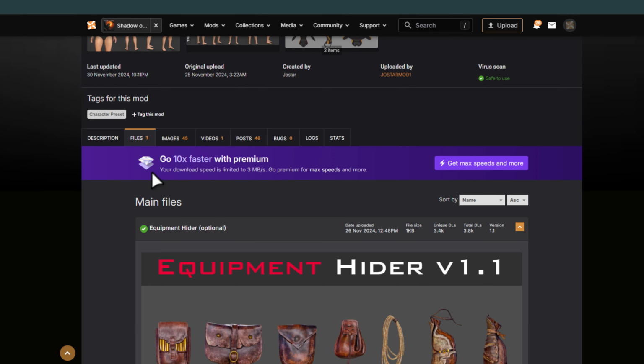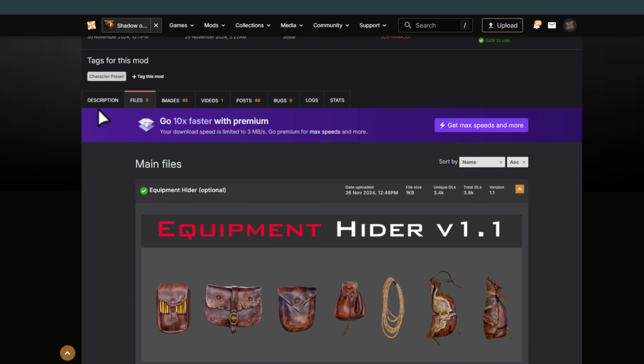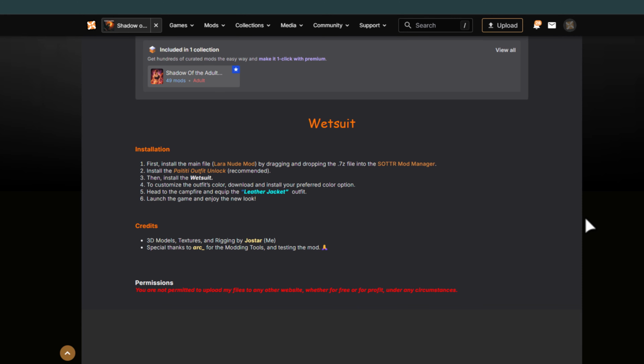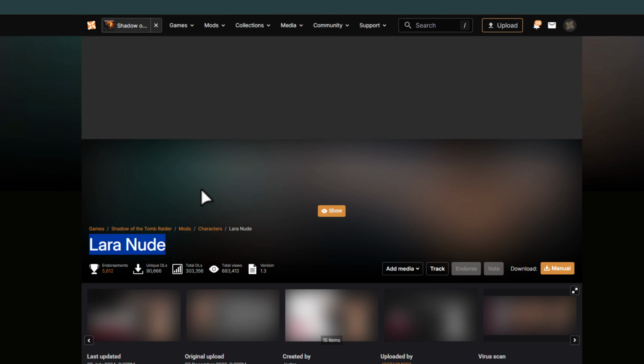Before downloading any mods, go to the description, and in installation it says first install this main file, Lara mod. Here you will find the link. I have downloaded this mod